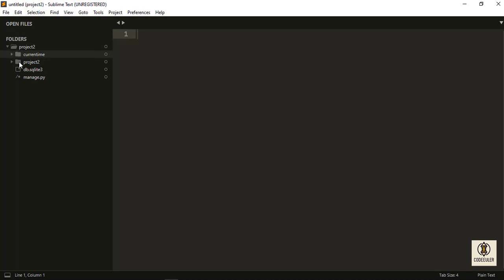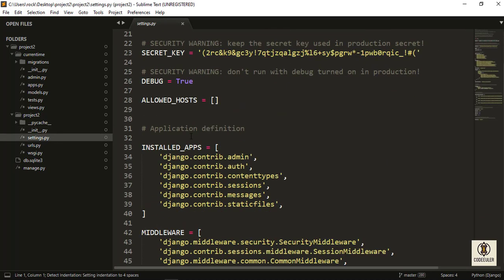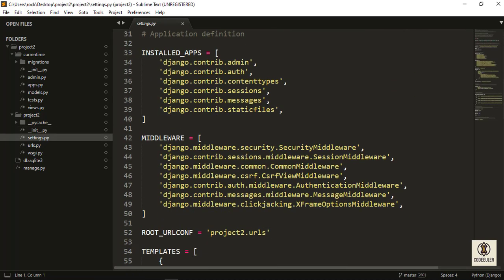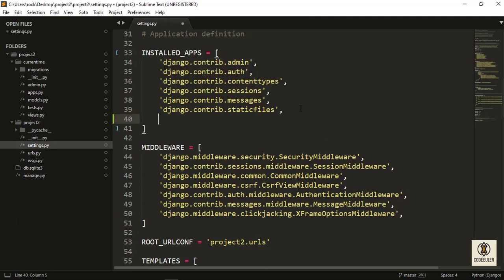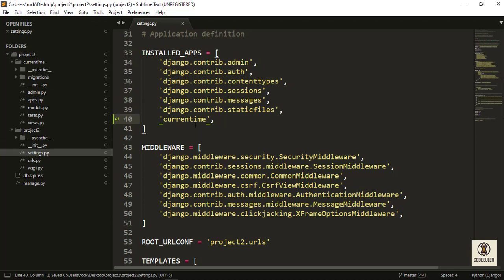I'd like to open settings.py first. Inside settings.py, inside installed apps, I'd like to configure my application name, current time. The exact name should be what you have given as the application name. I have given current time, the same name.